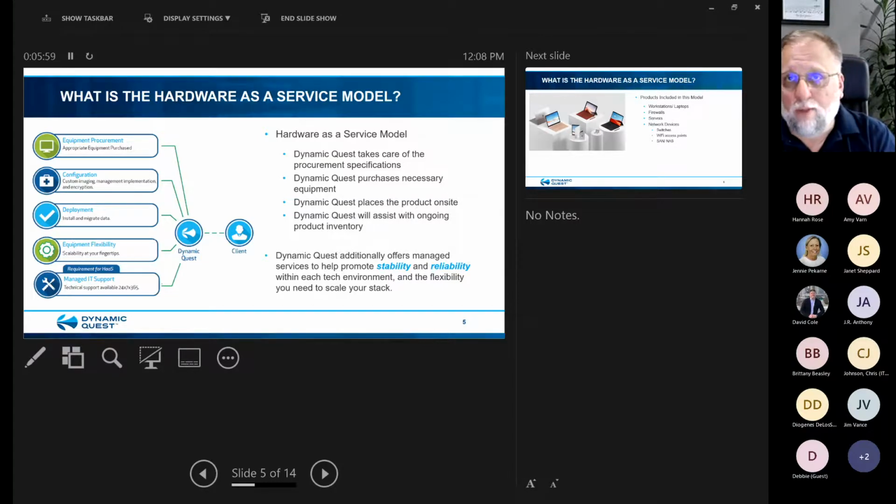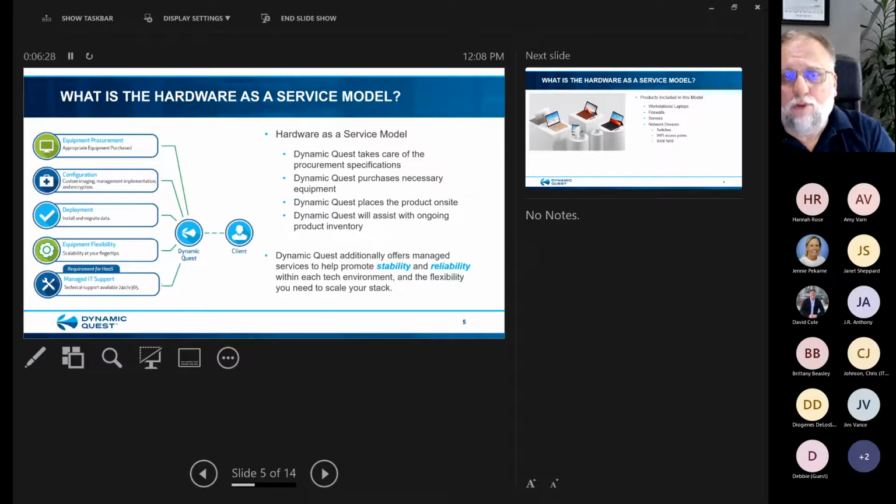Or perhaps you're implementing another new software application that has certain requirements, and you need specific users to have specific capabilities. Suppose there's a new operating system being released and your OS and your hardware don't meet those requirements, and you need the flexibility to upgrade for better performance. This is where hardware as a service can be a major benefit to you.